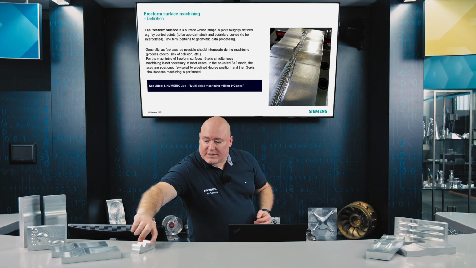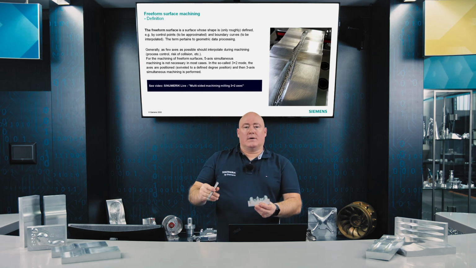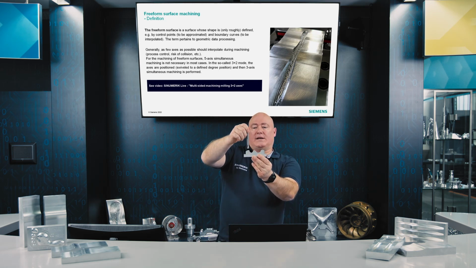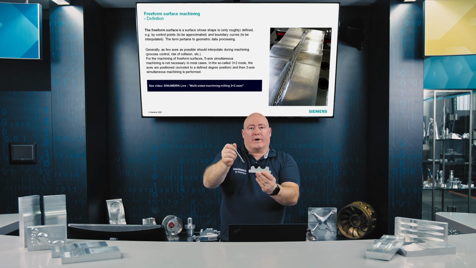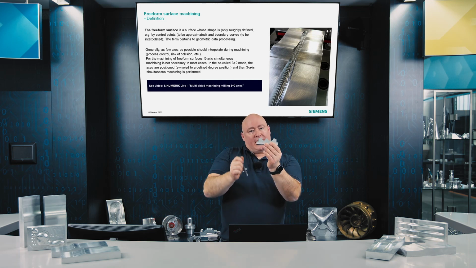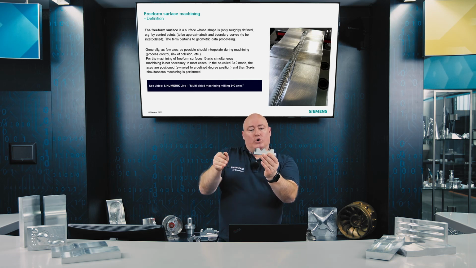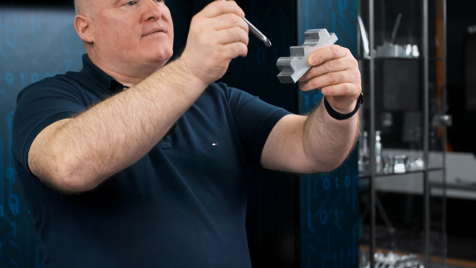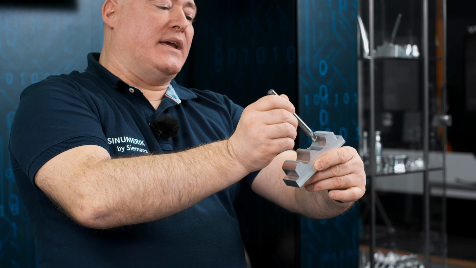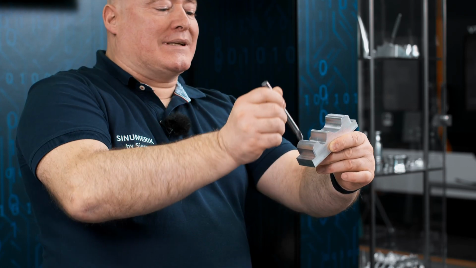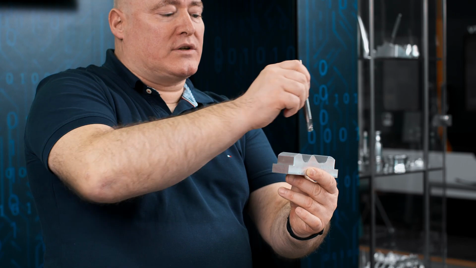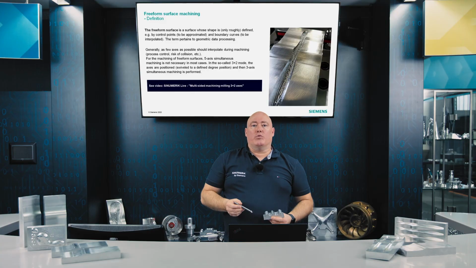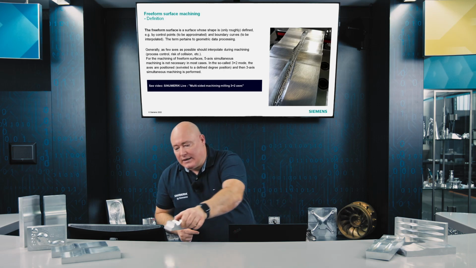Let's look at this part, for example. These 3D surfaces can be easily milled line by line using a 3-axis 3D process. 5 axes are not required here because there are no relief cuts, for example. Even if this surface were not aligned planar to X and Y, but were slightly tilted, you could still apply the tool here, mill the surface, and swivel it back again. But 3D 3-axis milling is generally preferred so that as few axes as possible are required.